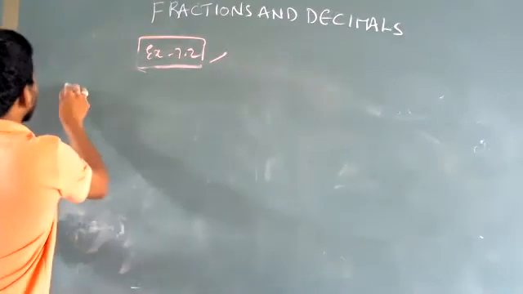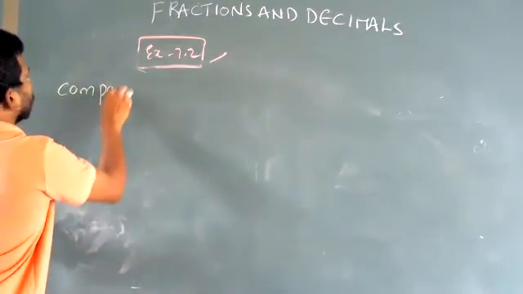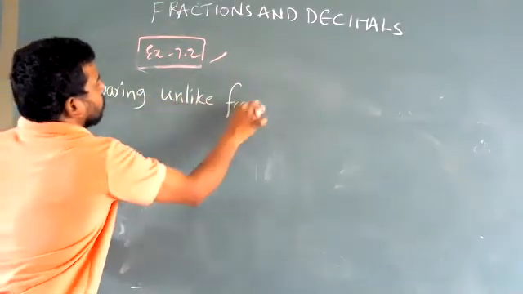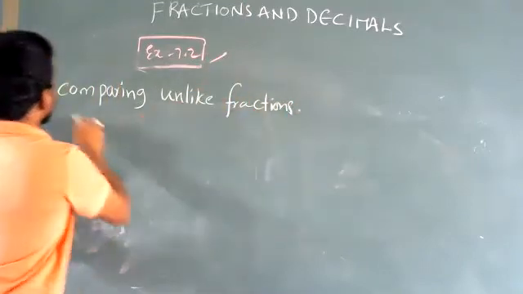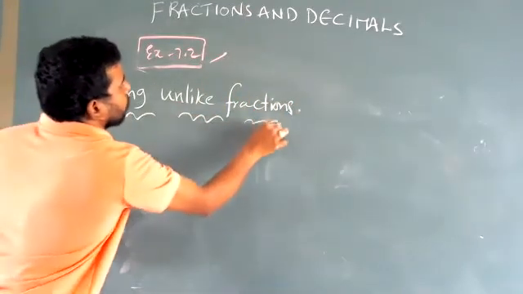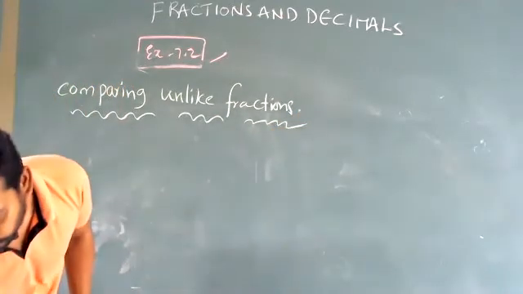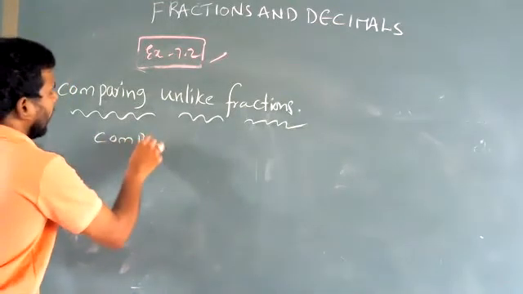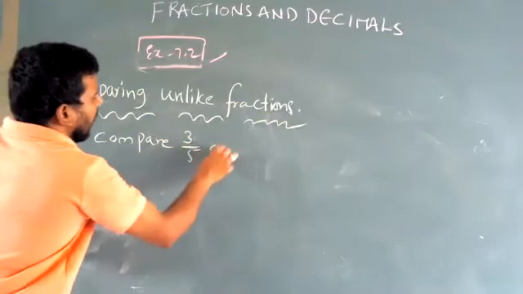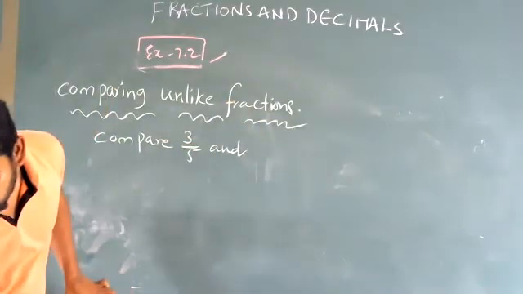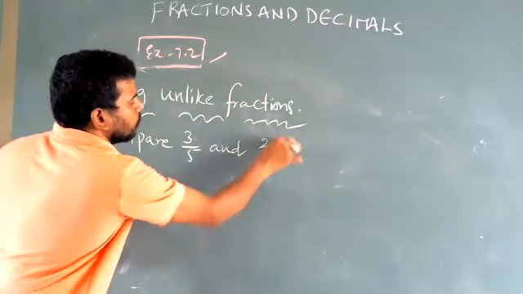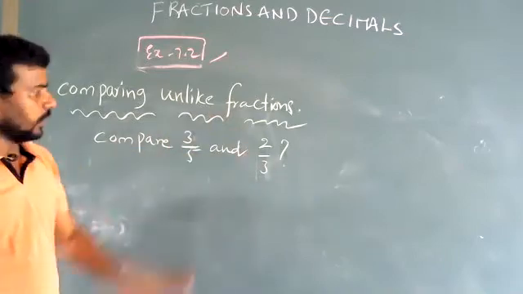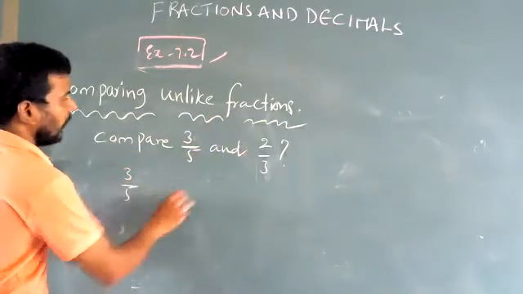Comparing unlike fractions. For example, compare 3 by 5 and 2 by 3. Compare means which is bigger and which is smaller. Now take 3 by 5 and